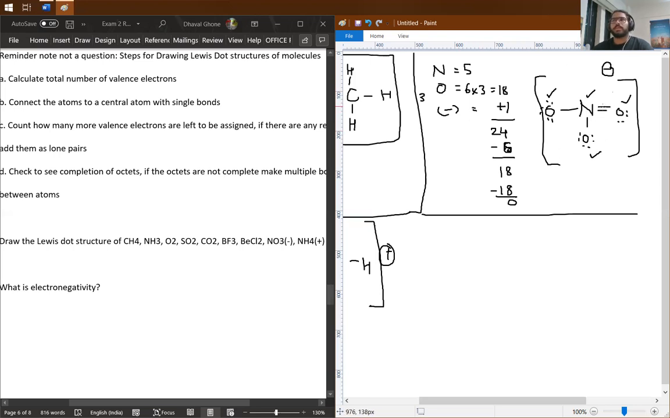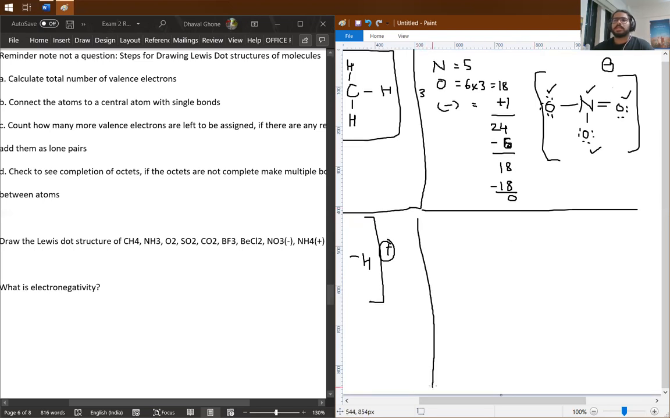You can have this double bond either here or over here or over here, and it's valid in all cases. It's just resonance structures of NO3 minus. They're all correct structures. Okay, next one is